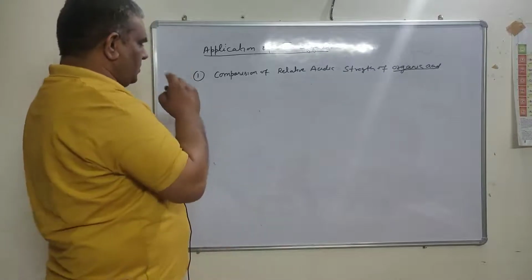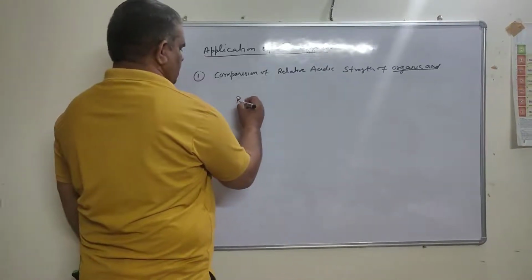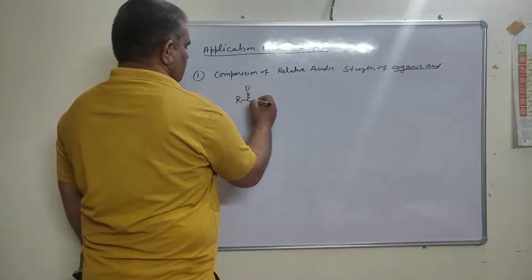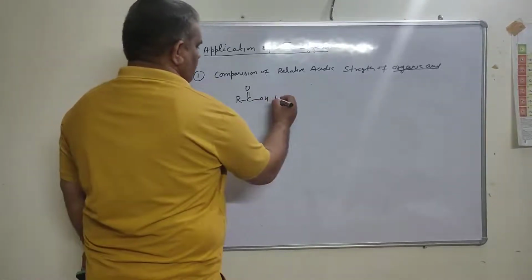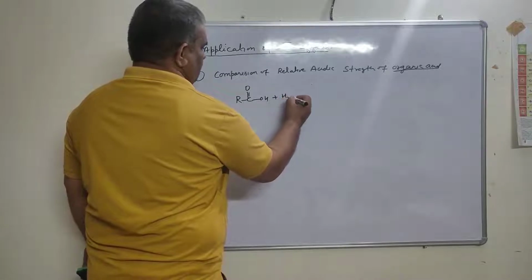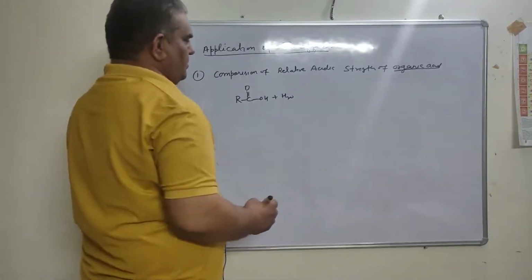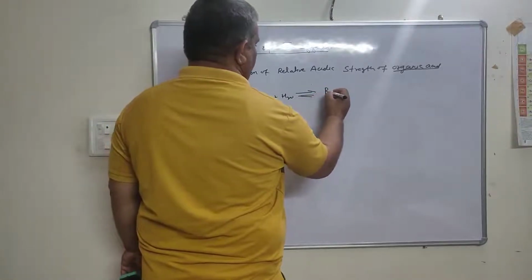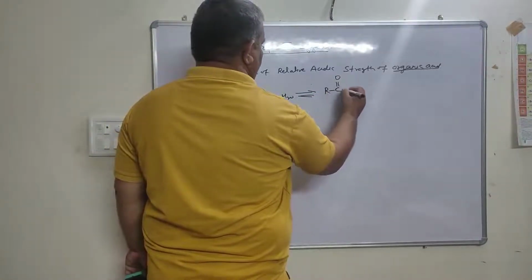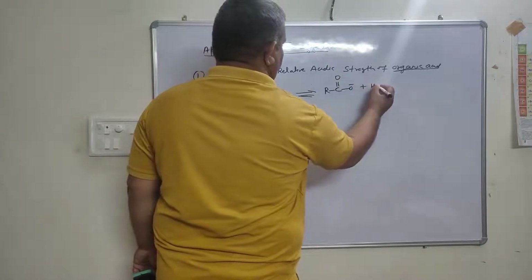In aqueous solutions, the carboxylic acid with water exists in dynamic equilibrium to form the carboxylate anion and the hydronium ion,